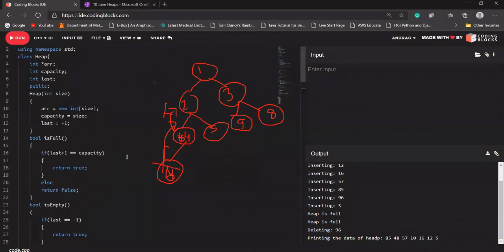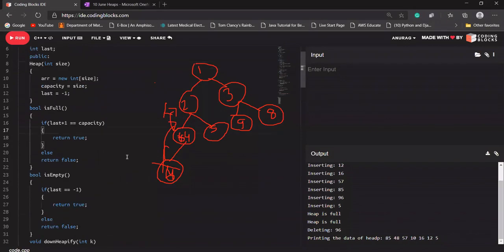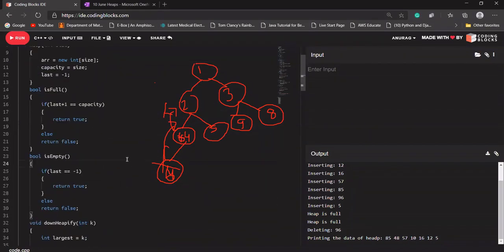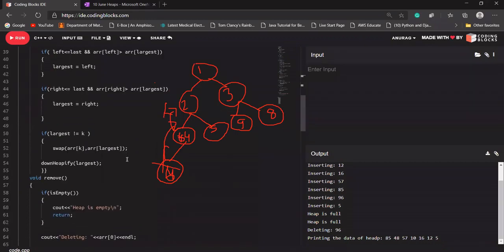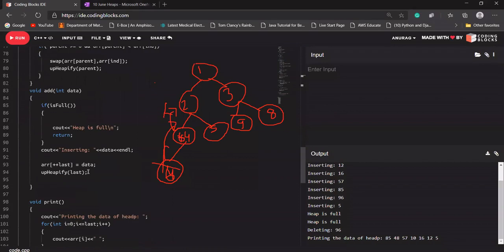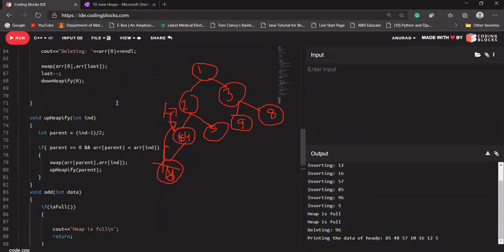Let's check for min heap in our add. Where is our add? Okay, let's go to our add. For inserting data, the up heapify function, we need to update it. What up heapify is doing, instead of checking if parent is less than, check if parent is greater than.